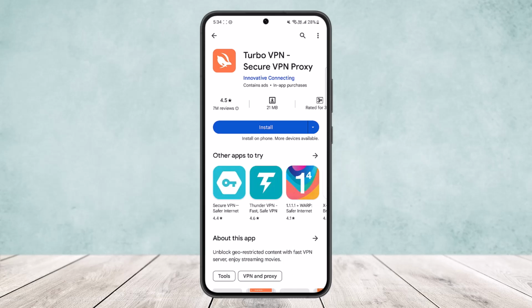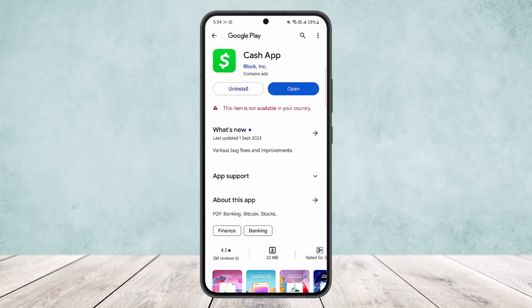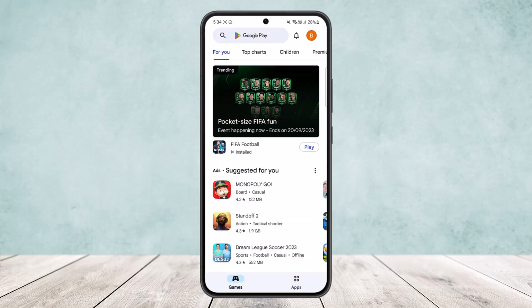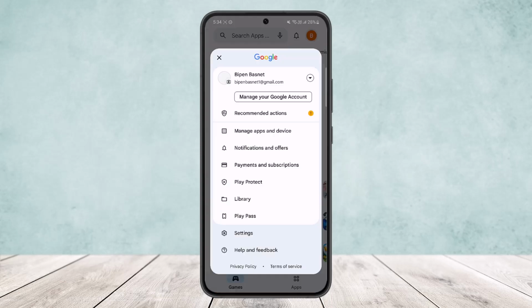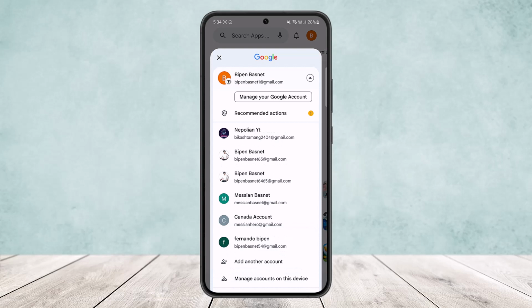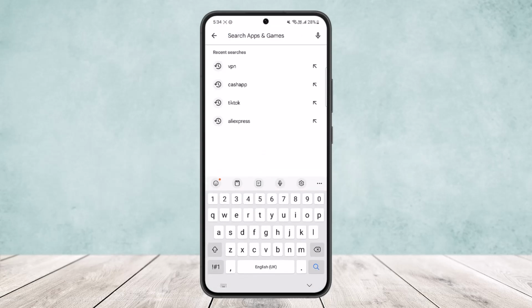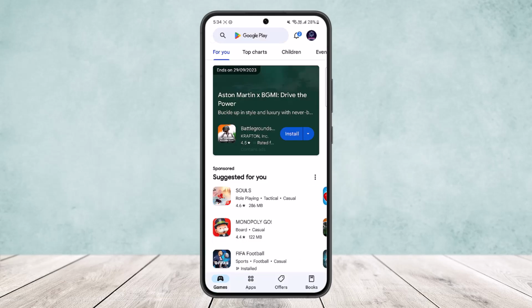And once you do so, you want to come back to Google Chrome here, and then you want to switch your account. You want to tap on the profile icon at the top right corner of the screen, and here you want to tap on manage your Google account, or you can tap on the arrow icon at the right hand side, and here you can see you'll get the add another account option, or you can switch to another account, and then you want to search for Cash App and it should show up here. And once you do so, you want to go ahead and